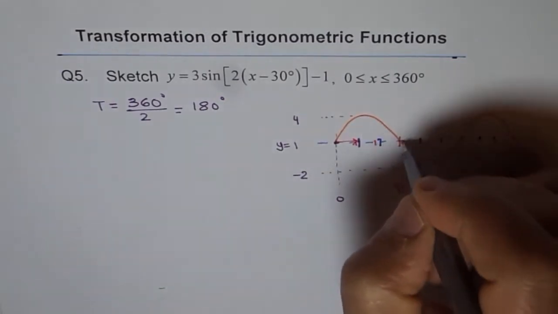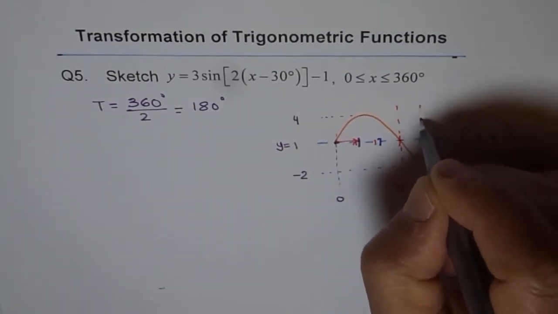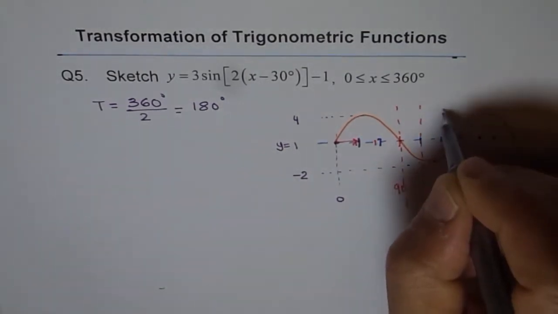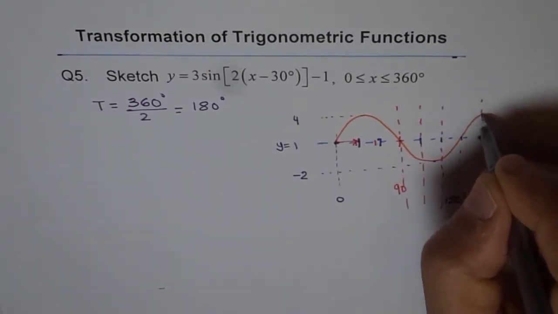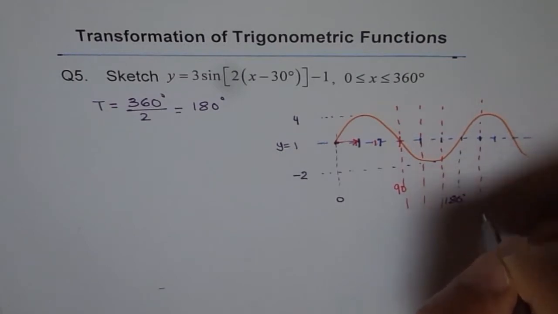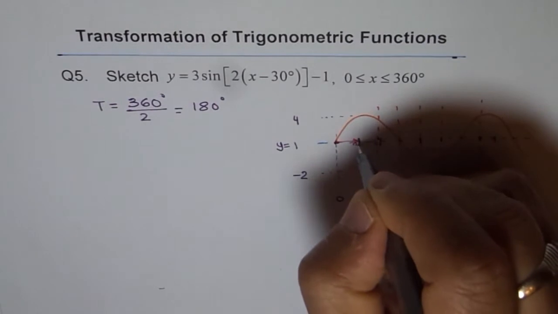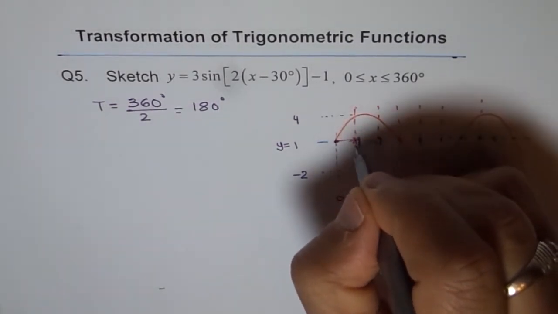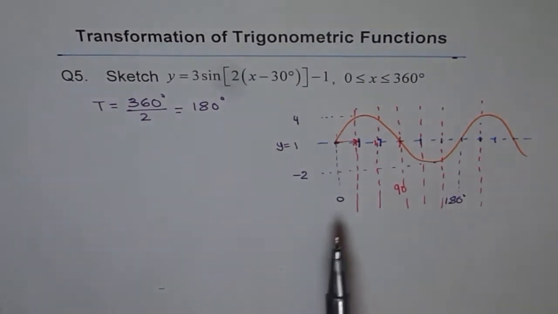So let me just now draw my vertical lines to help me or to guide me sketching. Is that okay? It is a very fast process. The only thing is I'm trying to explain you, so I'm rather going slow. Otherwise, in one shot, I would have drawn the final graph. Now, so these are my 30 degrees partitions, right? See the beauty. I'm not using a graph paper, but my graph is going to be as accurate as graphed